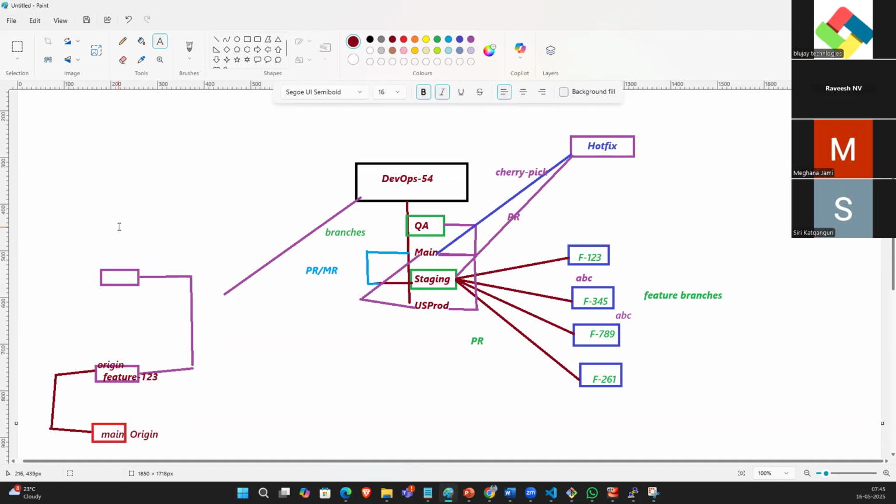Origin, future repositories, right? So this is your local repository, future 1, 2, 3. So now you pushed the code. You push the code from your local repository to the remote repository. So local repository, from working directory to